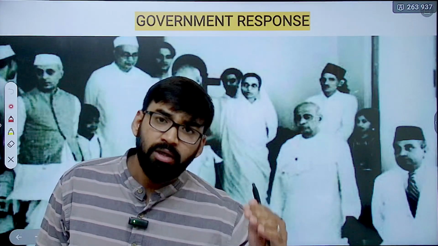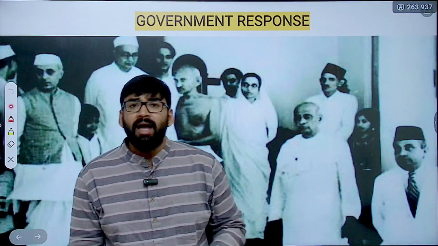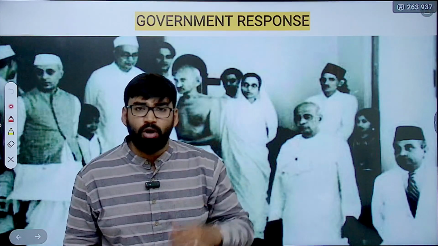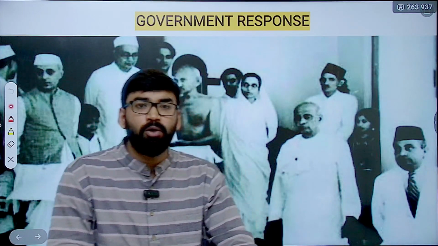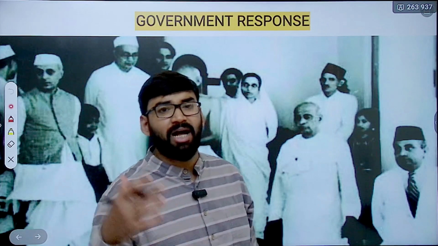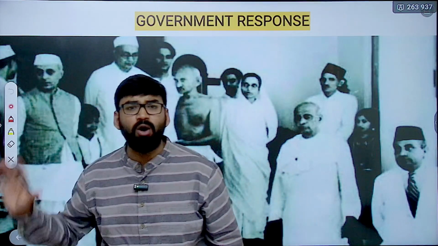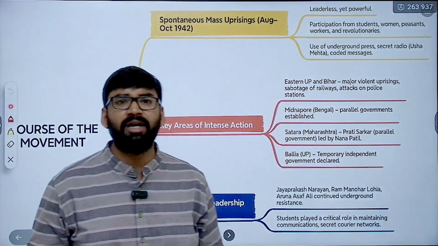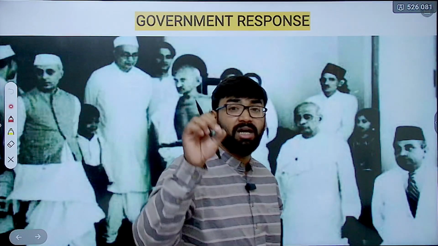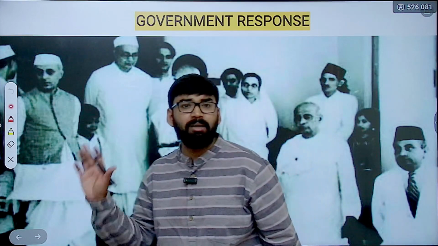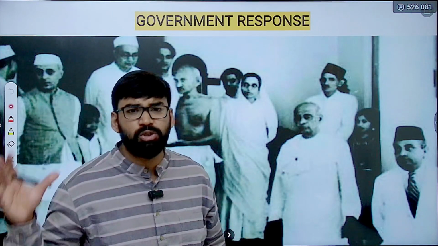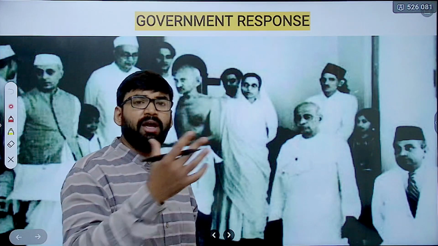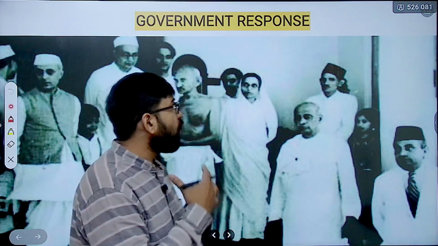So 8th of August 1942 was decided for the Quit India movement. Now at night of 8th to 9th of August, all the top leaders, including Mahatma Gandhi, including Nehru, including Patel, Maulana Abul Kalam Azad, Rajendra Prasad, all these forefront leaders of Congress were arrested. And Congress was declared an unlawful organization by the British. And repression was started instantly. Mass arrest शुरू हो गया, press censorship, firing शुरू हो गई. Clear? All these things were there.